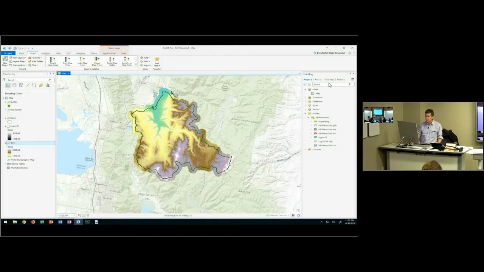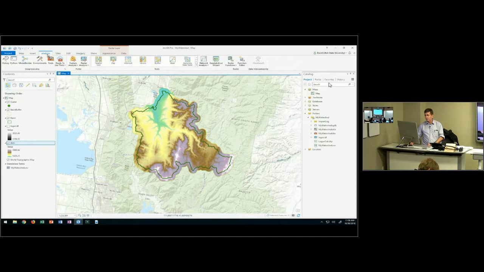This is a digital elevation model that covers the Blacksmith Fork watershed. Students in this part of the world will be familiar with it. There's a lovely drive and bike ride up this canyon. We might set out to do watershed delineation for this. So what's the first step in watershed delineation? Fill the pits. Fill the pits. So let's find the